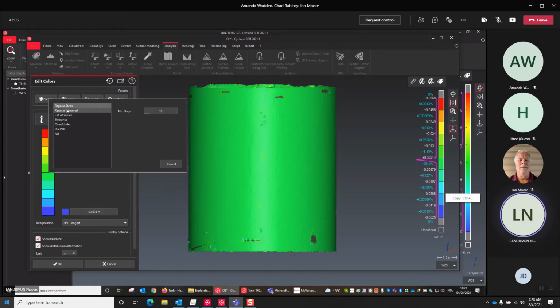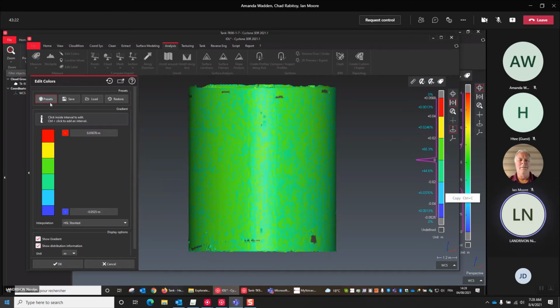You can go to a regular center, so it means that the middle is 0. And after you divide it by the number of steps, so here it's 1, 2, 3, 4, 5. And so 0 is there.